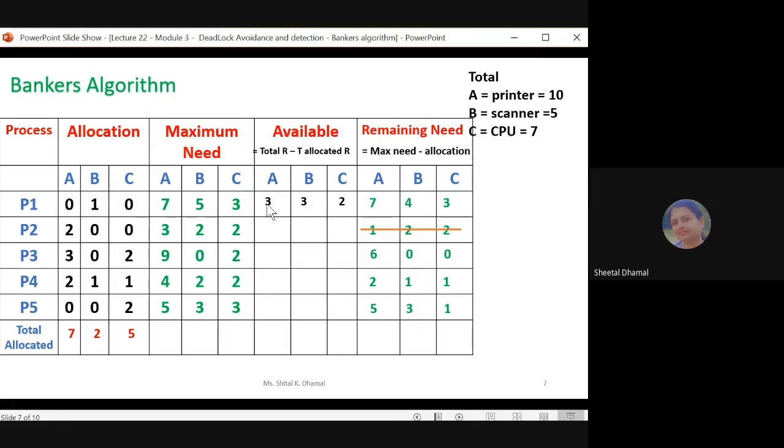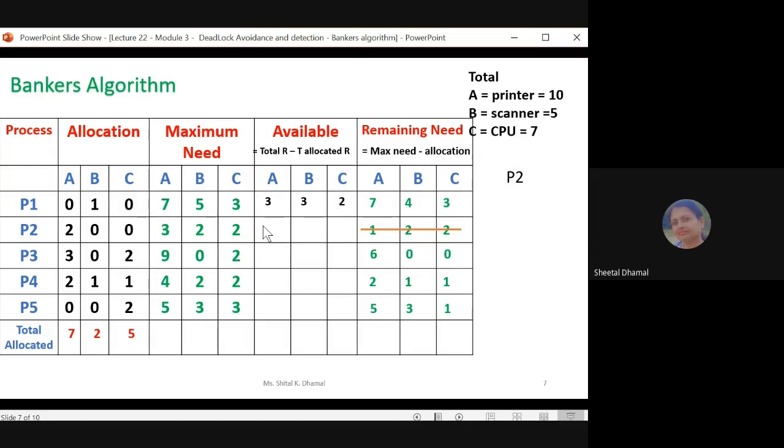मतलब यहाँ पे थ्री प्रिंटर थे, प्रोसेस P2 ने अपने पास जो प्रिंटर थे वो दे दिए, मतलब 3 + 2 = 5। लेकिन प्रोसेस P2 को स्कैनर और सीपीयू ऑपरेटिंग सिस्टम ने असाइन नहीं किया था। सो दिस नंबर ऑफ अवेलेबल रिसोर्सेज, दैट इज 3 स्कैनर एंड 2 सीपीयू, दैट विल रिमेन एज इट इज। सो इट विल बी लाइक दिस। ओके, प्रोसेस P2 ने अपना जॉब कंप्लीट कर लिया तो वो टर्मिनेट स्टेट में आ जाएगी यहाँ पे।